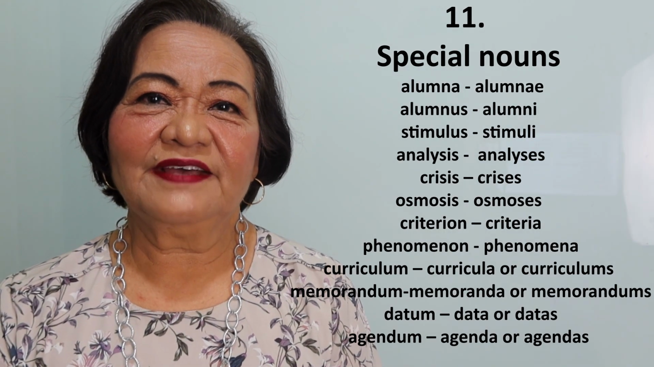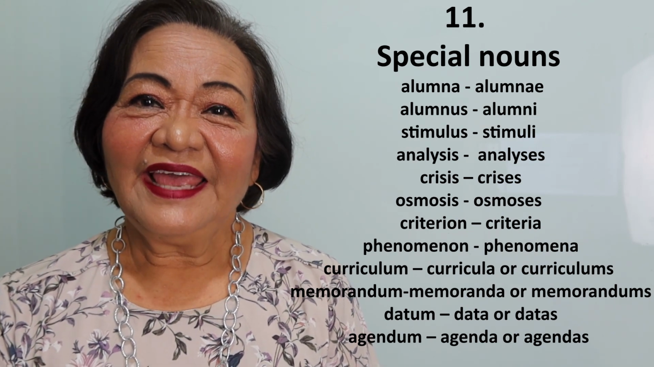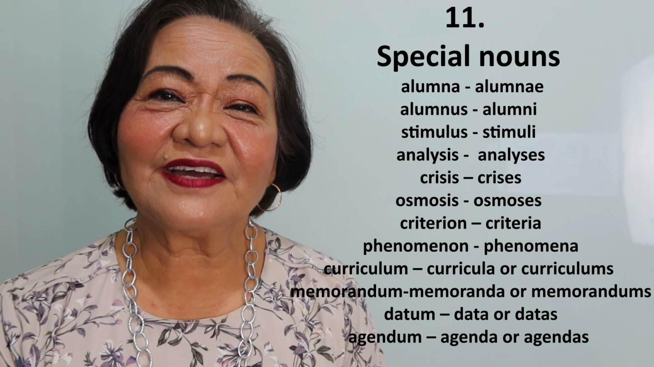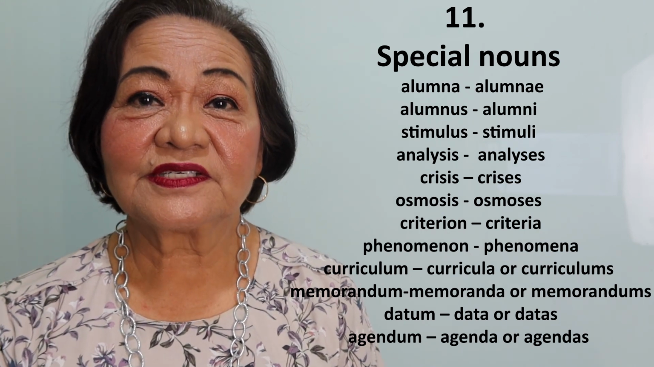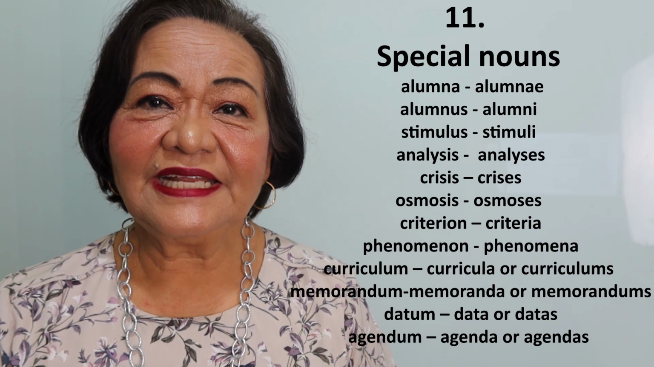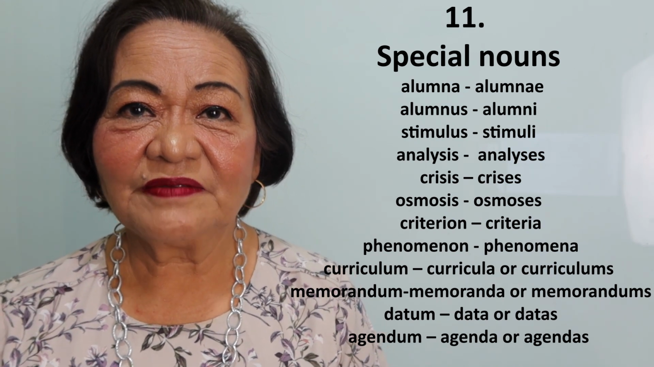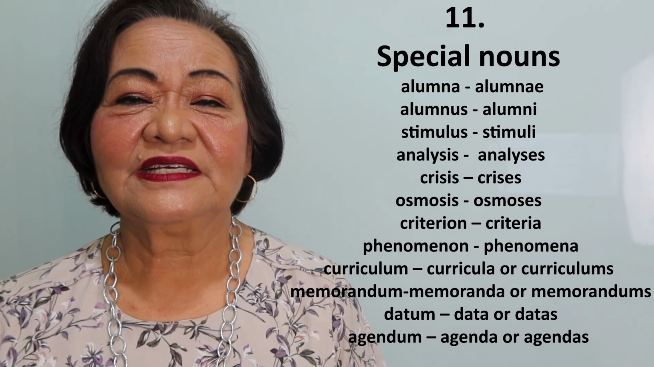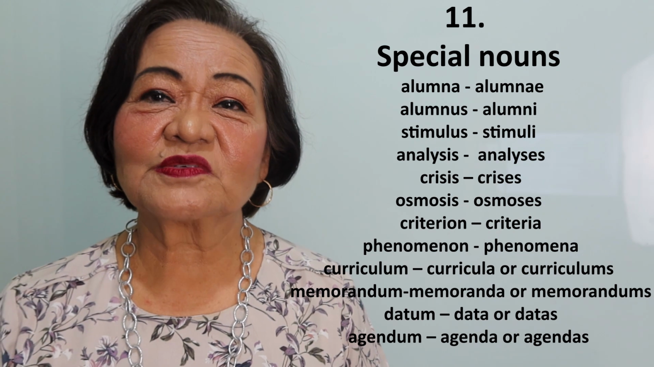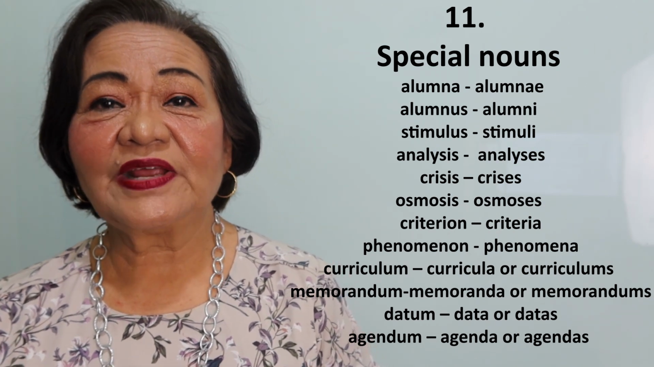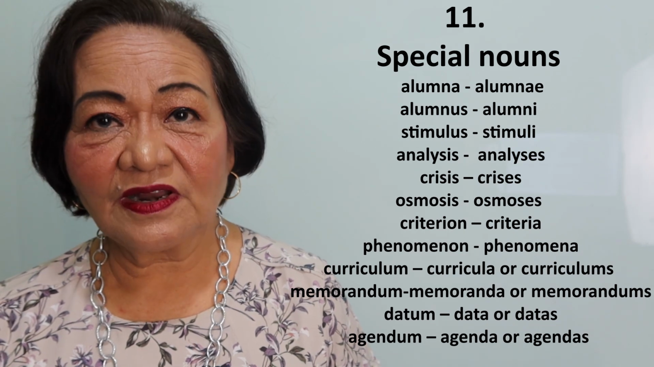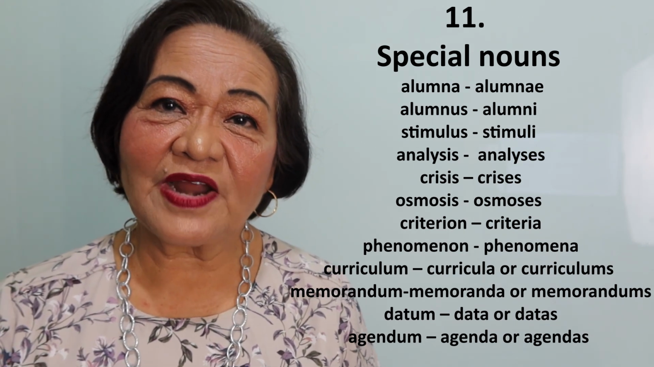Special nouns. So we have alumna, alumnae. AE is pronounced ee, double E, just like we say, chocolate sundae. Alumnus, alumni, just like stimulus, stimuli. Analyses, ending in SIS, becomes SES, and you have to pronounce it as ees. So you have analysis, analyses, crisis, crises, osmosis, osmoses. Criterion, criteria. Phenomenon, phenomena. Curriculum, curricula, or curriculums. Just like memorandum, memoranda,